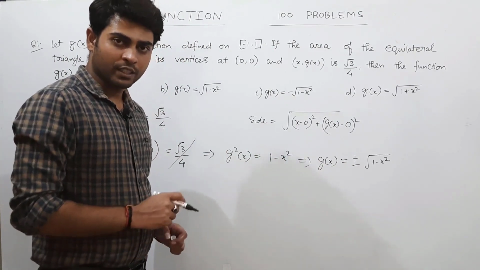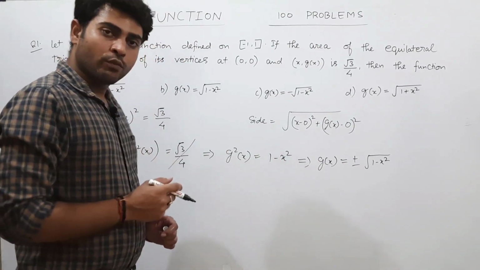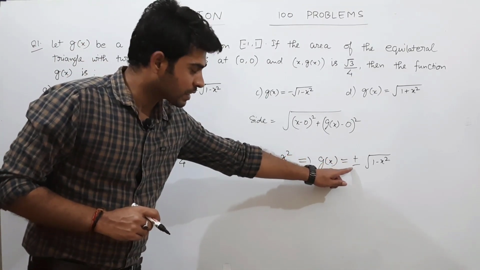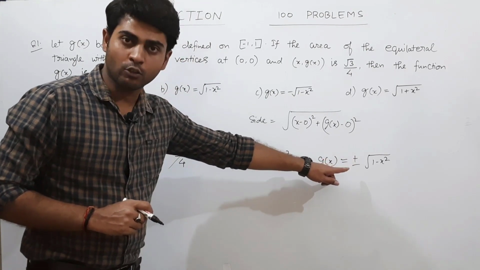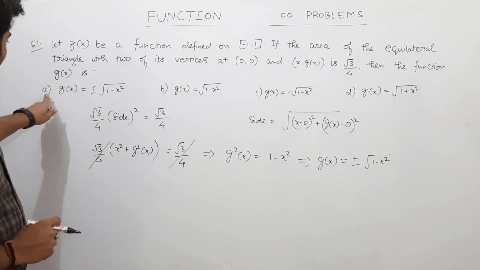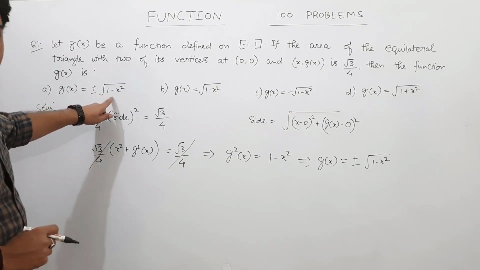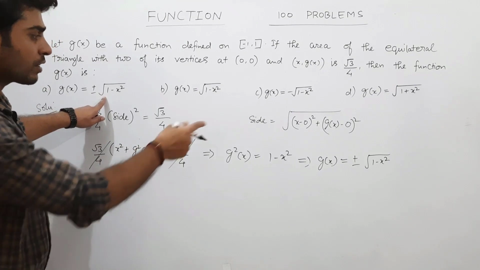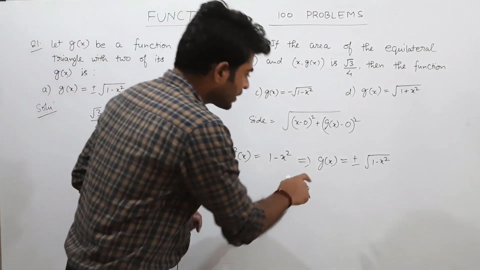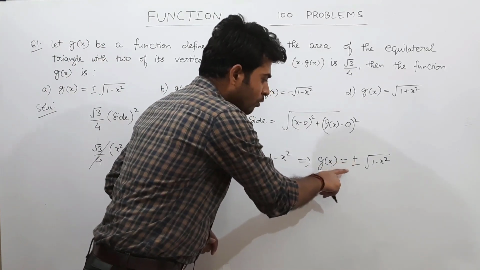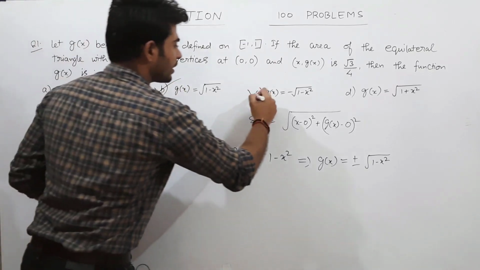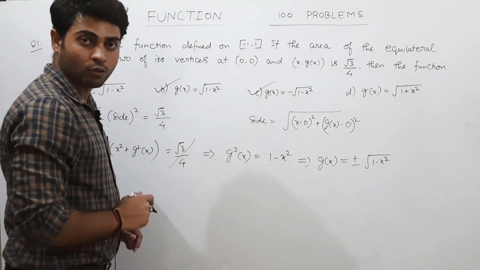Now, as the definition of a function says, a single valued function is always considered a function. So here, if you consider plus and minus sign both together, it will be a multi-valued function, so it is not a function. Option A is given as plus minus root over 1 minus x square, which indicates that this is going to be a multi-valued function. So this option is wrong. Single valued function means either you take the plus sign at one time or the minus sign at one time. So it's a multiple choice question. B and C, both options are correct for this question.